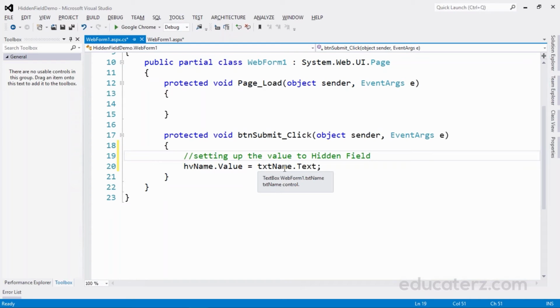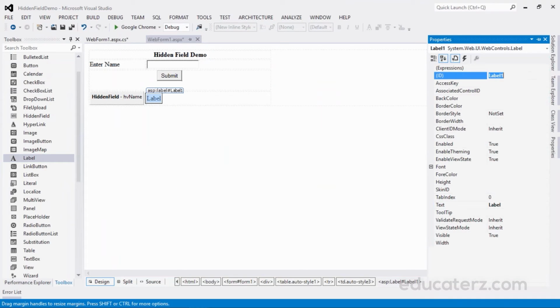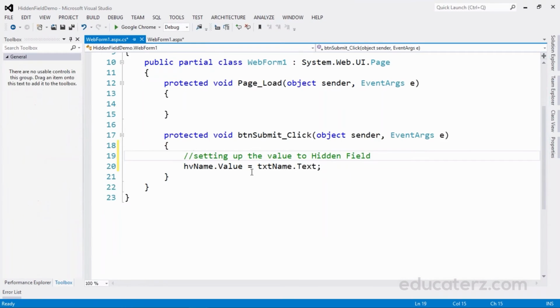How do we retrieve this value from a hidden field? Again we need one label. Let me take that label and change it immediately to the real message, and I don't want any text. Now let me go to the view code.